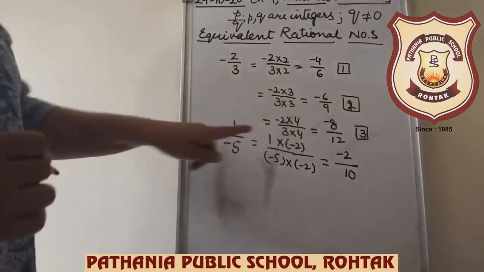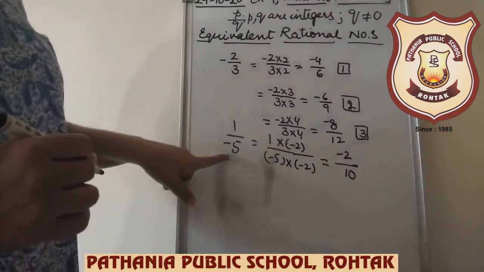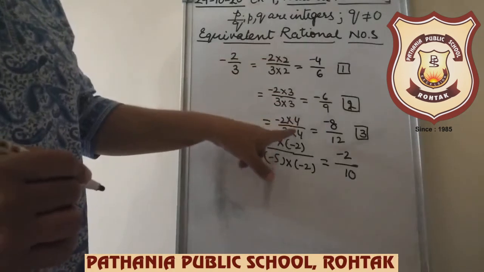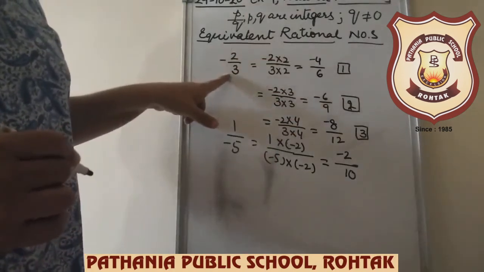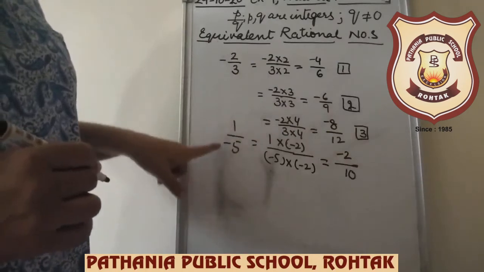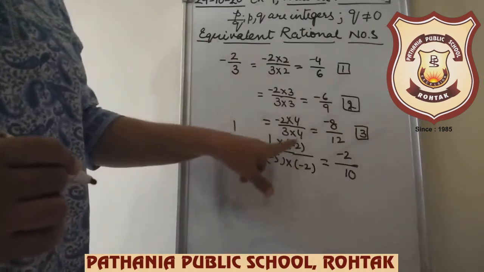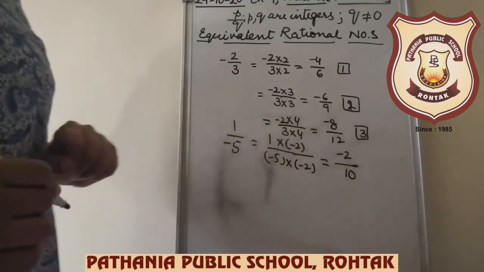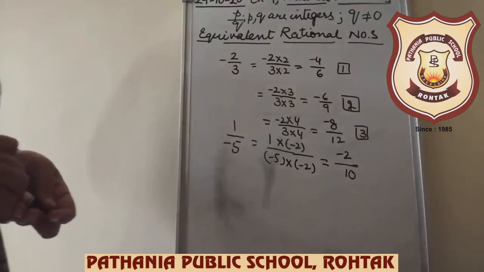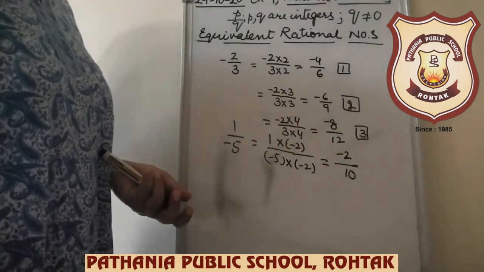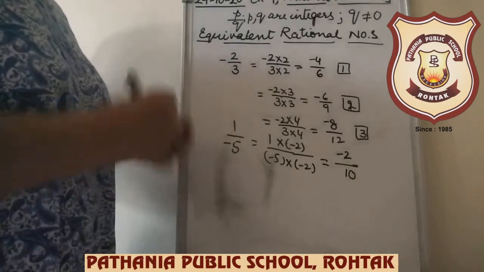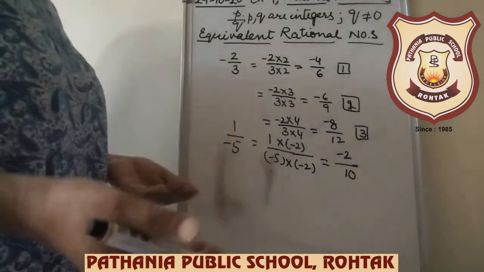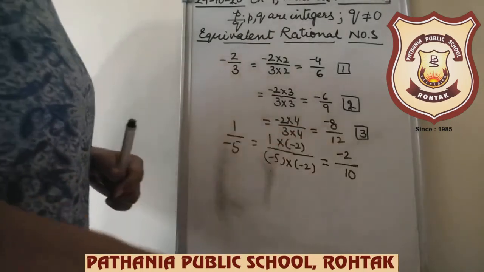Okay. So you are to remove the negative sign from the denominator. Instead of taking, here I have taken all the positive values because my denominator was already positive. Now as the denominator is negative, so I have taken negative integer to make the denominator positive. Clear? So in this manner you are going to write the equivalent rational numbers, and you can write as many. If I say 3, 5, 10, so you can write as many just by increasing the integers.